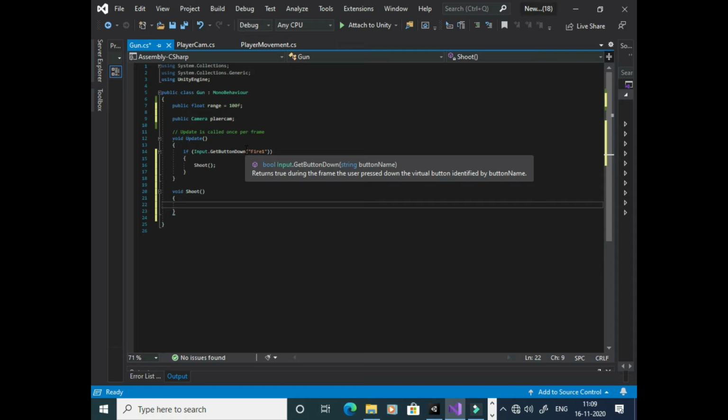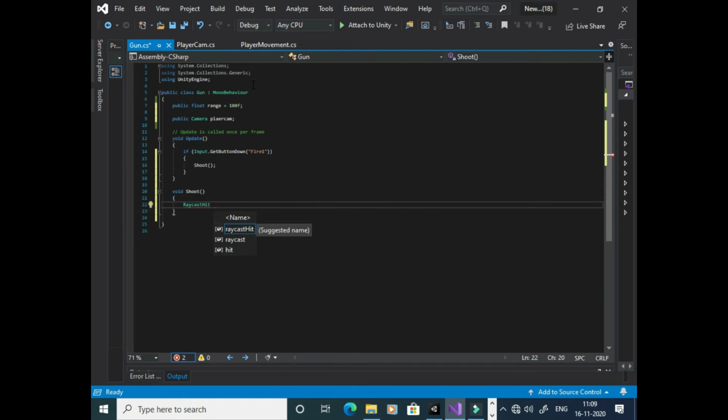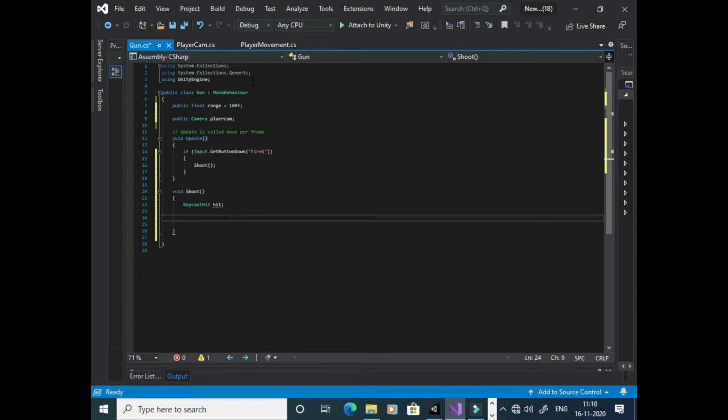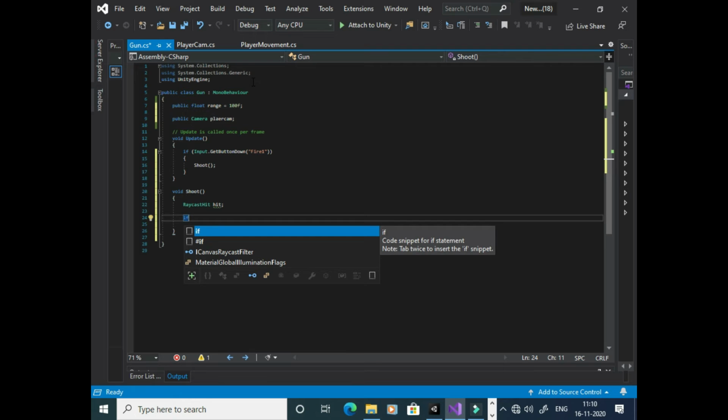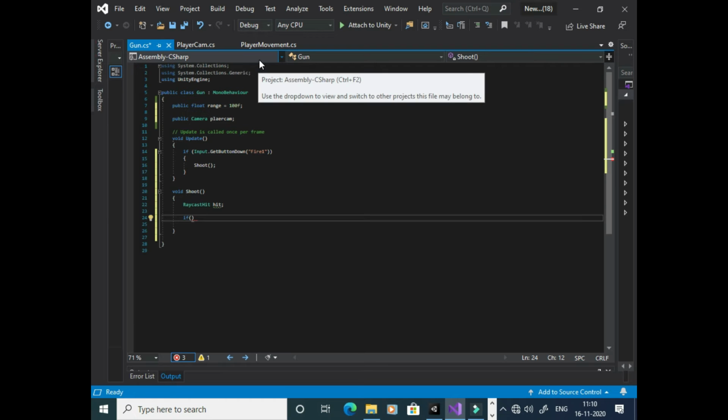In this we have to write RaycastHit and just call it hit. Down here we have to write if, meaning we hit something, a target, or any of the environment pieces, everything.